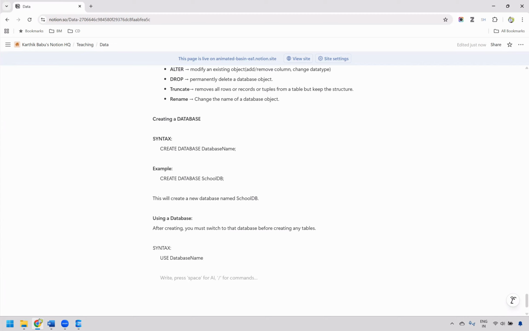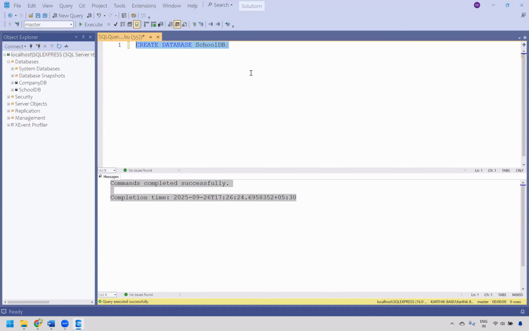Okay, now let me give you an example. You need to say USE, and the database name is what? SchoolDB. After giving SchoolDB, you close it with a semicolon. Now, when you give USE SchoolDB, you are telling the SQL interpreter that,